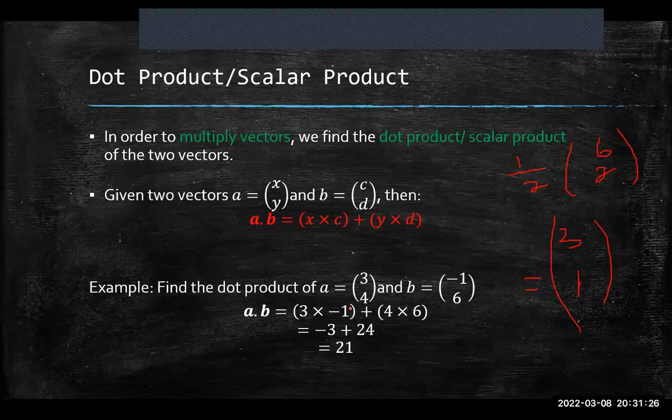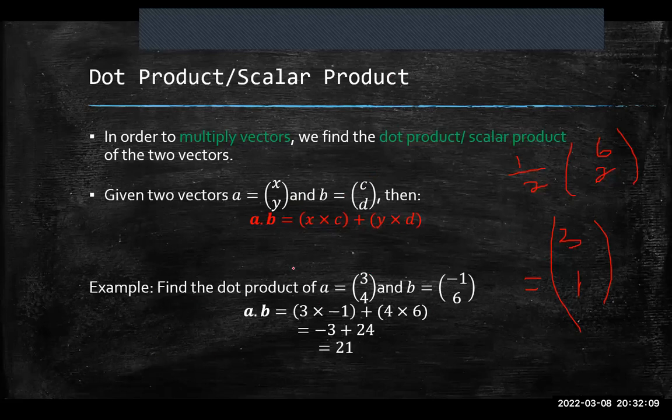If they ask you to find the dot product or the scalar product, aka just multiplying the 2 vectors, what you do is that you say the X components multiplied by each other plus the Y components multiplied by each other. That's how you find dot product. And that's it. That's how you multiply vectors. So you say X by C plus Y by D. Do you understand that? Yes, yes. Okay,